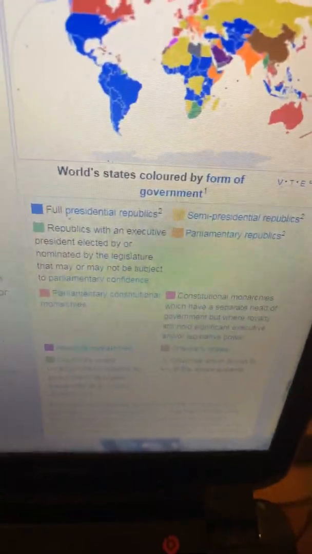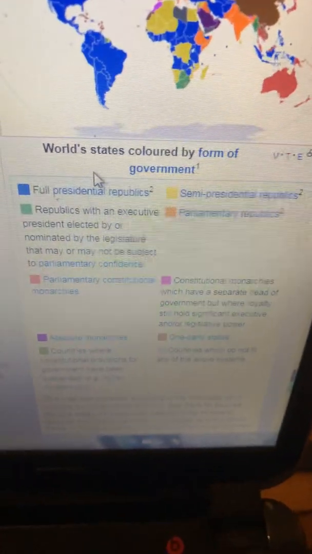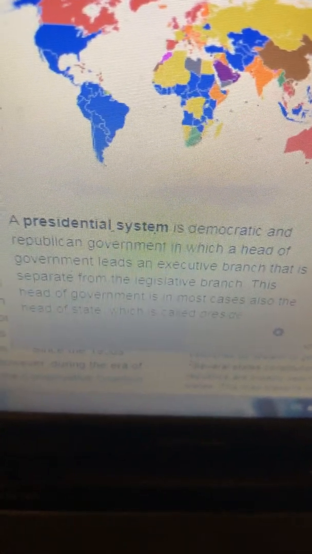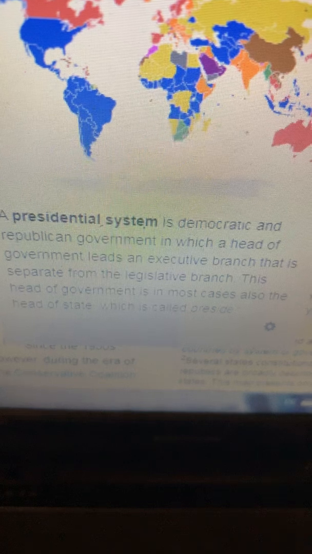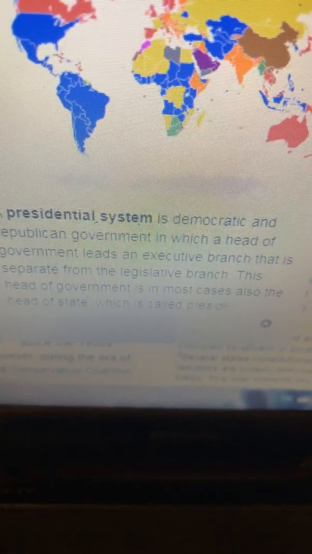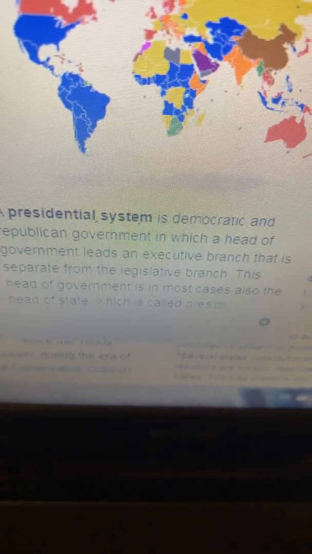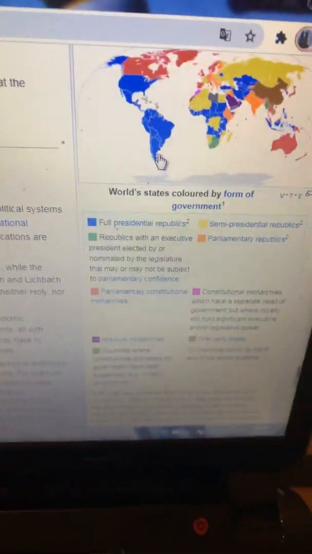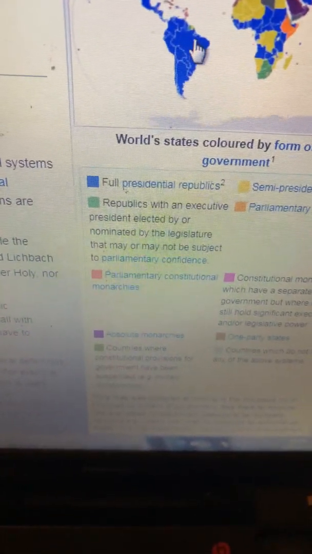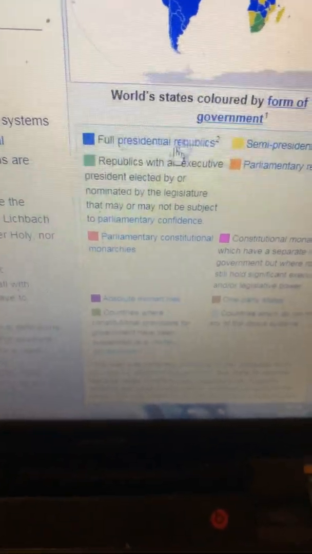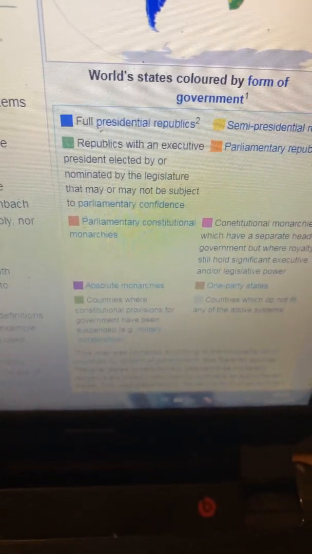And here are the forms of government. Presidential republic: a presidential system is a democratic and republican government in which a head of government leads an executive branch that is separate from the legislative branch. Like in United States, Mexico, Brazil, Argentina, Indonesia, Philippines, South Korea,